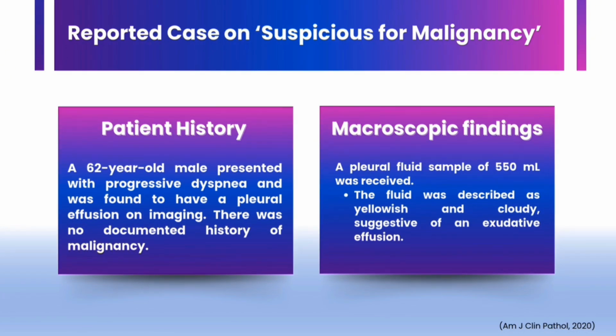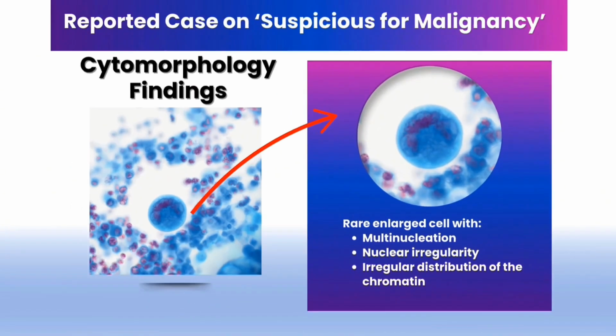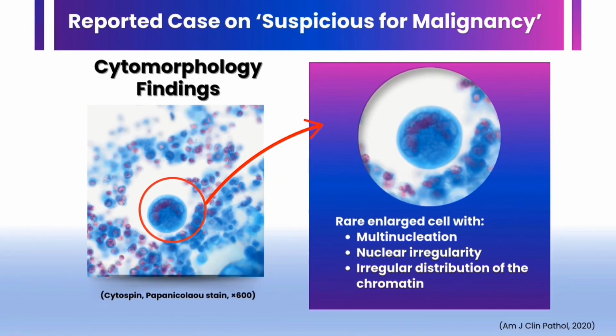Here is the history and macroscopic findings for this case. Next is the cytomorphology findings. In this first field, we can see markedly atypical mesothelial cells with high NC ratio, prominent nuclei and irregular chromatin distribution. In a different field, we can spot a rare enlarged cell with multinucleation, nuclear irregularity and irregular